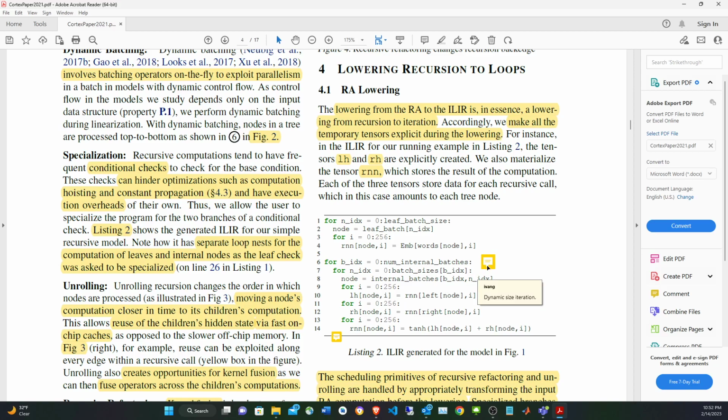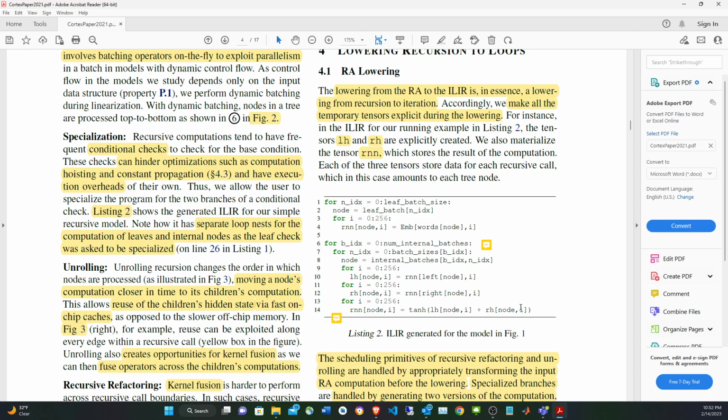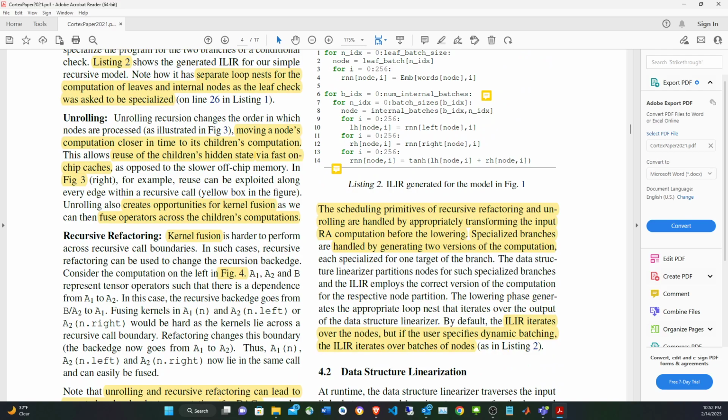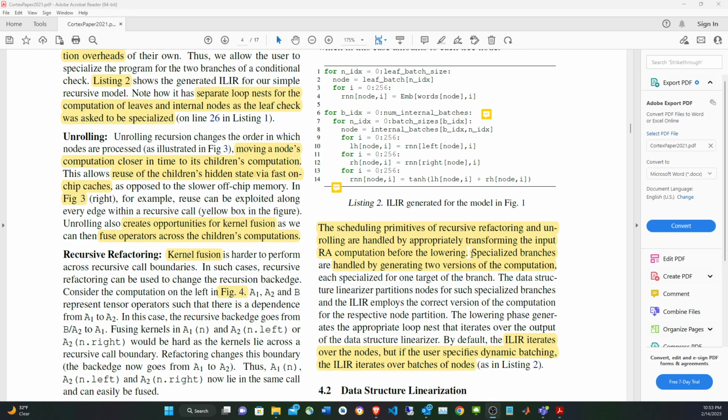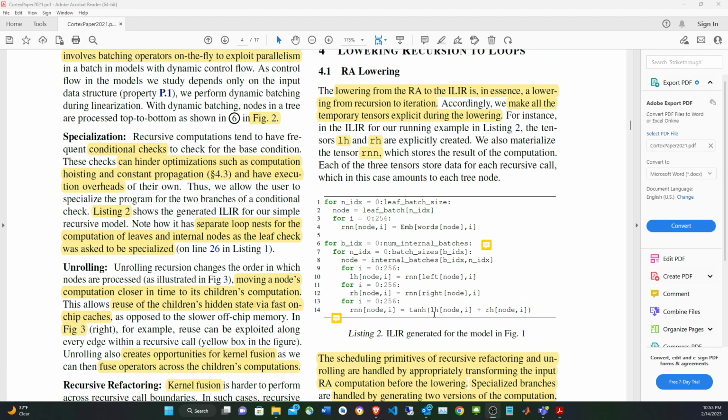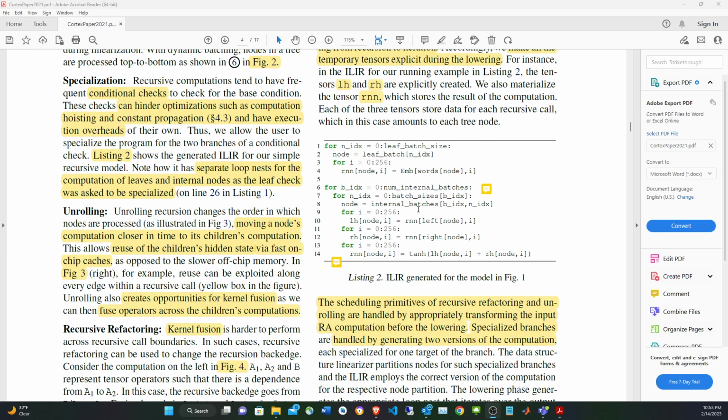But if you notice, this is dynamic and the indexing here is non-affine, but this is the naive implementation. If you use scheduling primitives in there, it's going to look much more ugly, but more efficient. A correction: this is not the naive implementation. By default, the ILIR iterates over all the nodes, but when dynamic batching, one of the optimizations, is present, you're going to have these